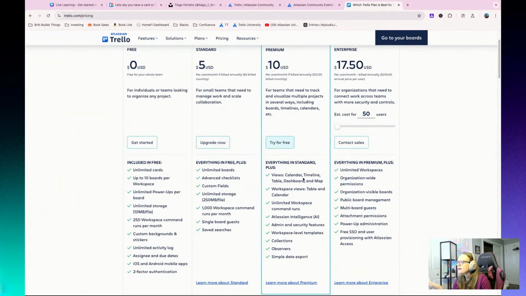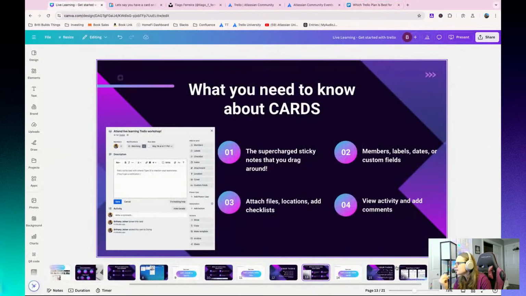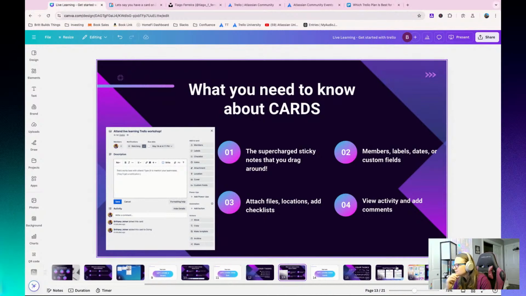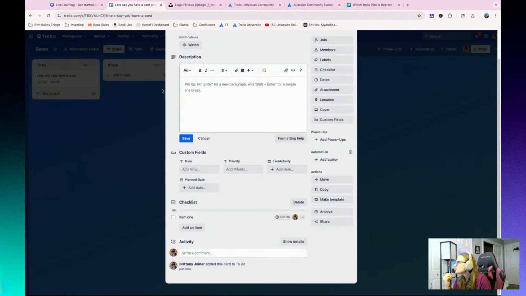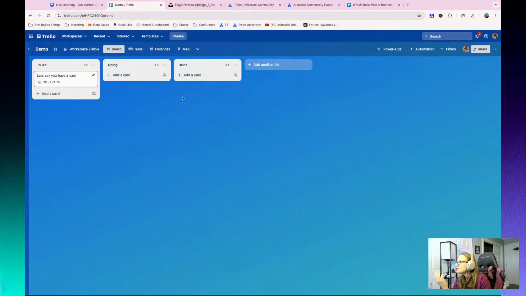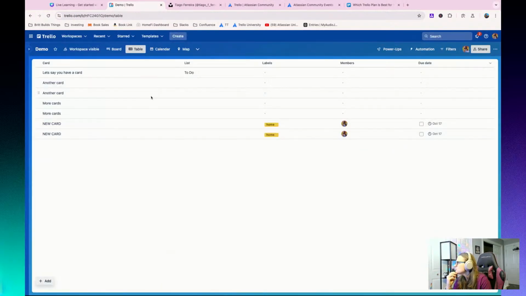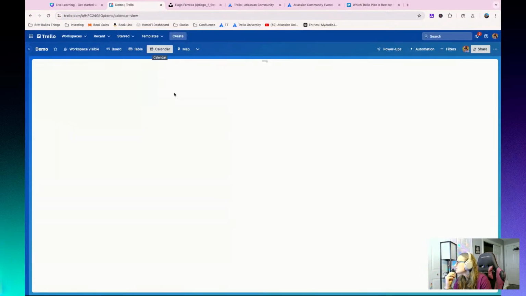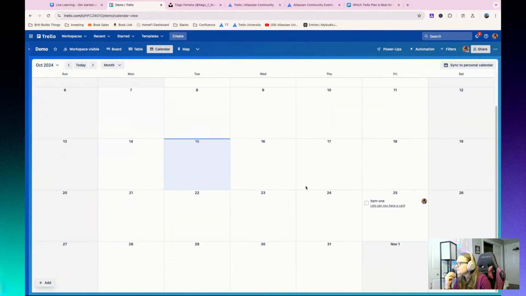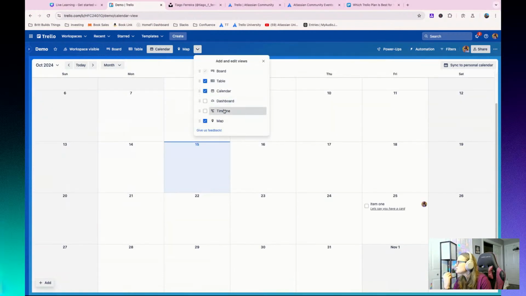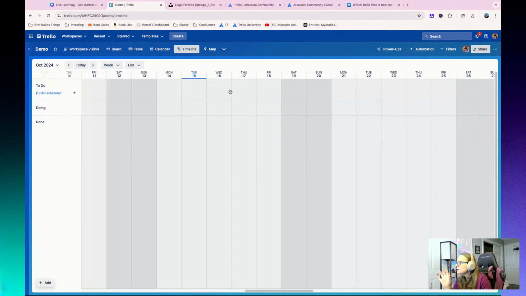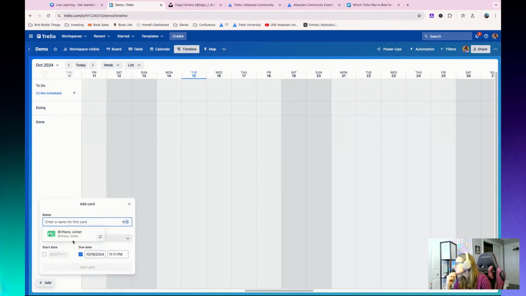Premium, you might be interested in premium if you want to do some things with views. I may touch on that very briefly, but views are like what I showed you with map view, the different ways of viewing these cards. You can also view them in a table, in a calendar format, and in a timeline. That lets you plot cards and create them from wherever you need to, with whatever you're trying to do with them. Test card.